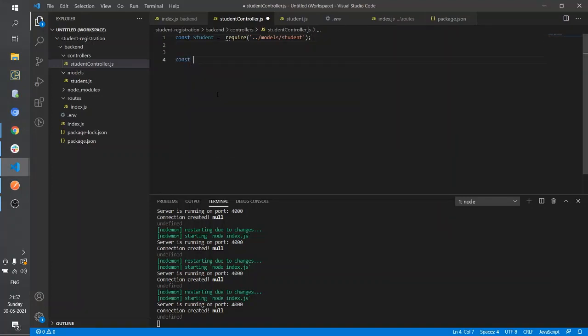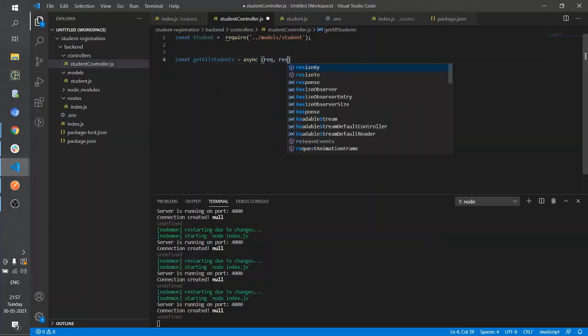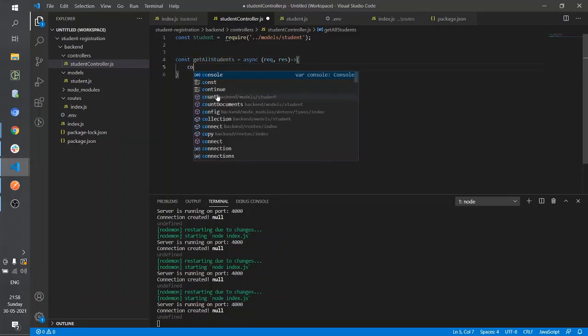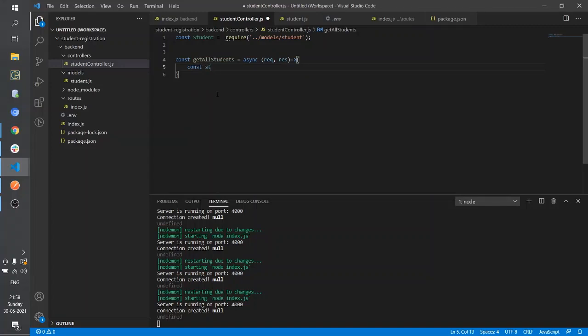First, we should be responding with all the students in the database. Get all the students, okay. And this should be async because database queries are mostly asynchronous, so that's why we are using async await. You should be aware of these concepts. You can use promises as well. So const students,